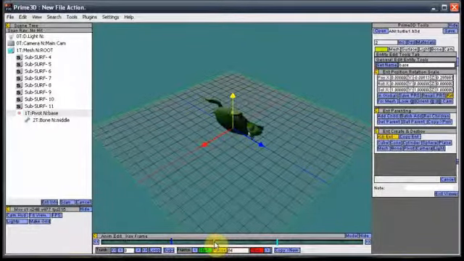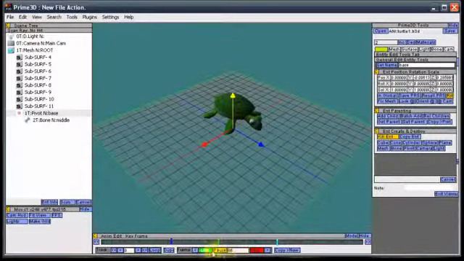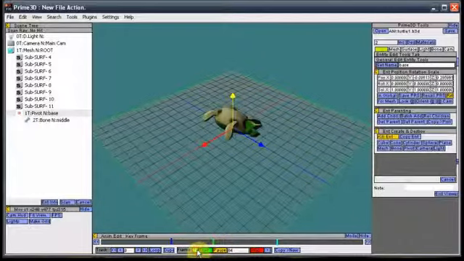Alright, let's see if we can find a frame that I like. Okay, he's taken off again. So we see that right there looks good. So hold down shift, and